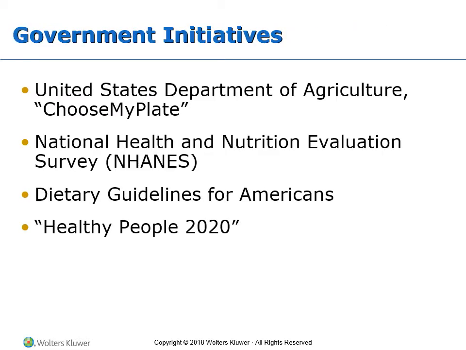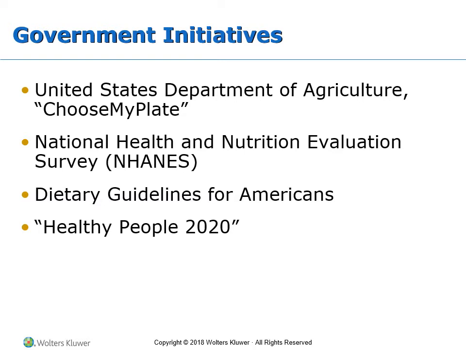So looking at some government initiatives, and again, this is where we can get some information on basic education that is provided to people nationwide. And then we'll talk about how we gather information on what people are currently doing and what we need to try and guide behavior changes towards. From the USDA you have Choose My Plate, which is your basic meal planning and education tool. There's the online component that has a lot more of the education, different food groups, etc.